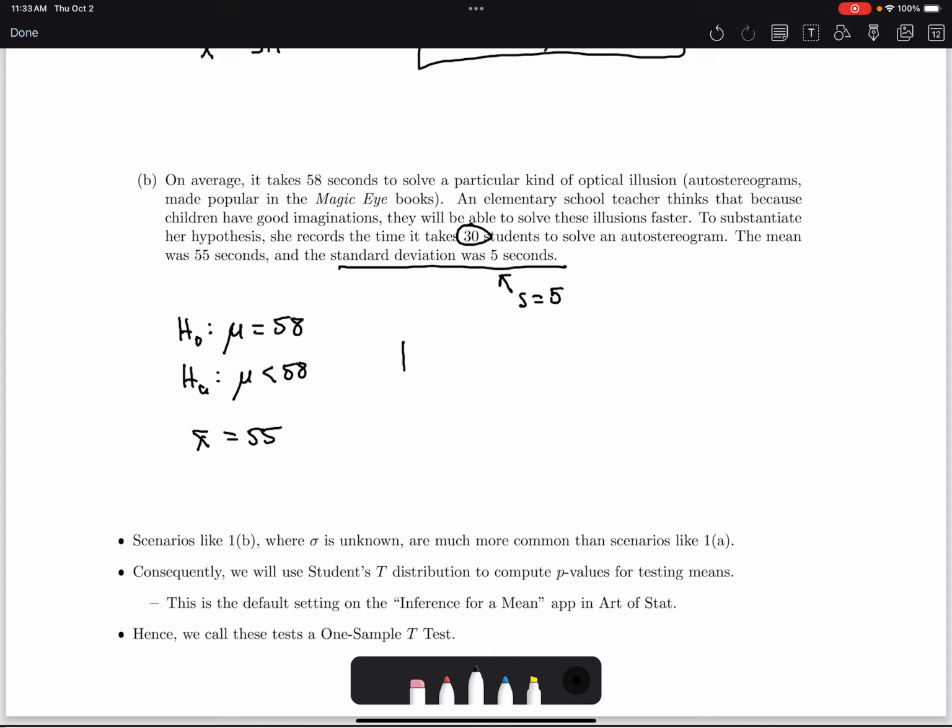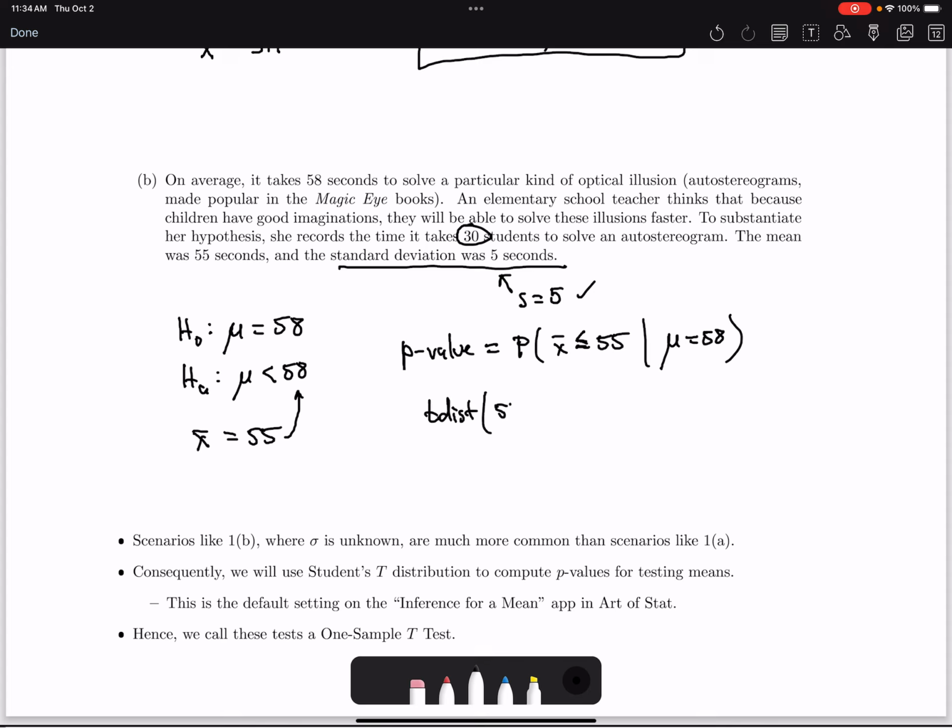The p-value is going to be the probability of obtaining that sample mean or something more extreme. Now, in this case, 55 is less than 58. So if 55 is extreme, then anything smaller than 55 would also be extreme, right? So this is the probability that we want to get, given that mu equals 58. Now, the problem here is that we don't know what the population standard deviation is. We only know what the sample standard deviation is. And so we don't use the normal distribution for this. We're going to use the t-distribution for this, right? We'll use the t-dist